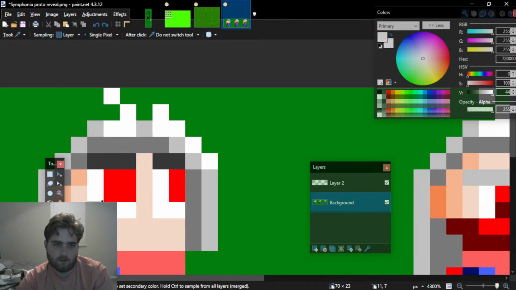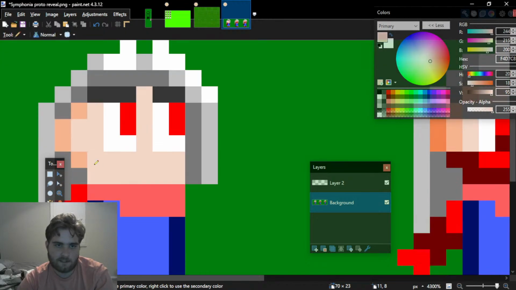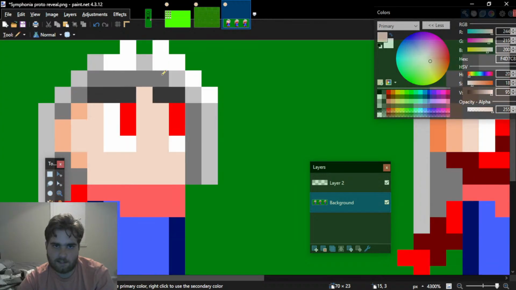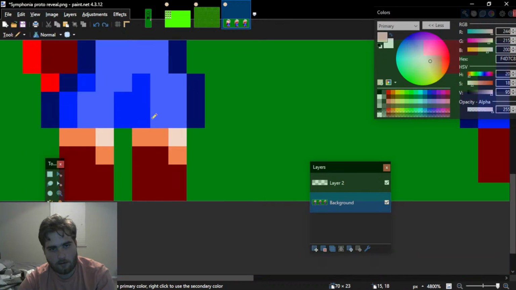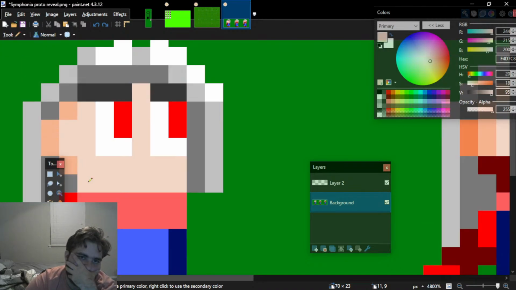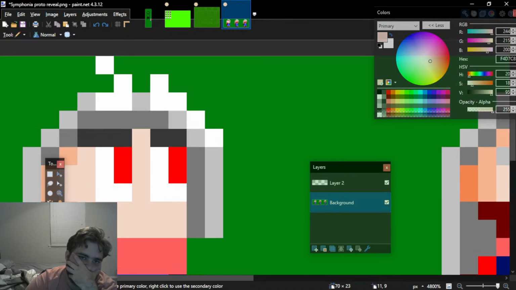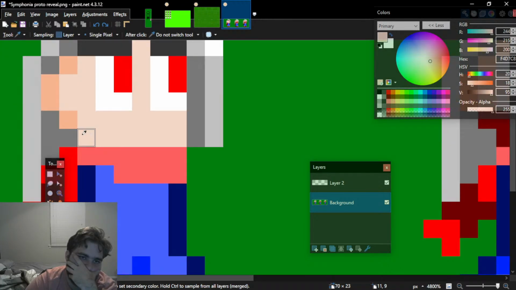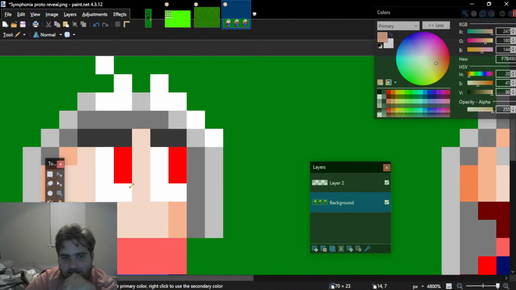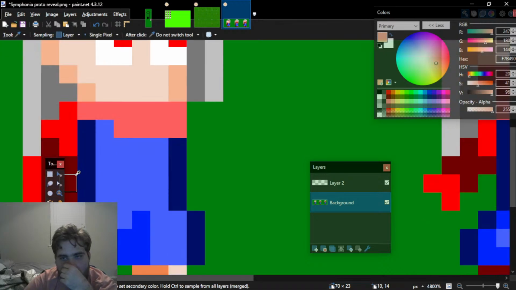Wait, oh shoot, yeah, let's go ahead and cut the eye down just a tad, and that honestly looks a little better with it kind of cut down to the side. I mean, now we can actually do stuff with the eyebrows. Well, if we go ahead and we make it very clear, hey, this is where the face kind of ends. And then also we need to put